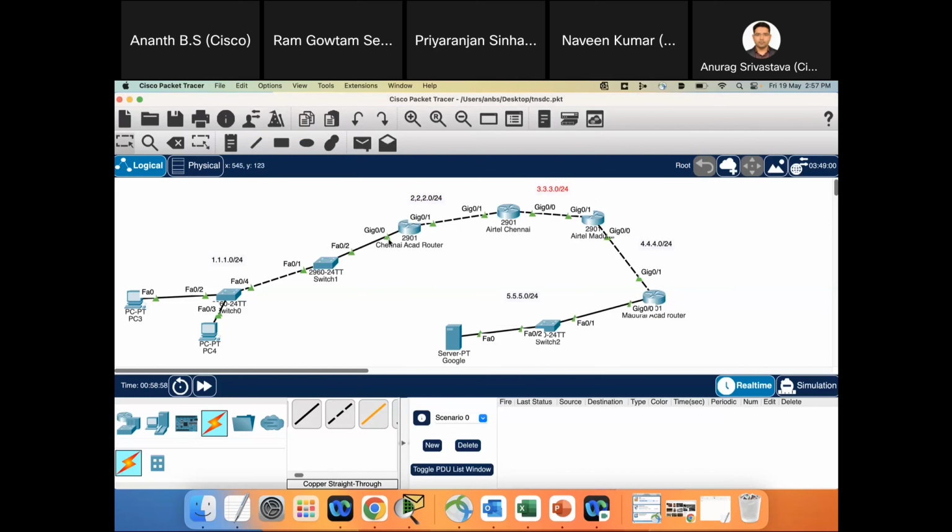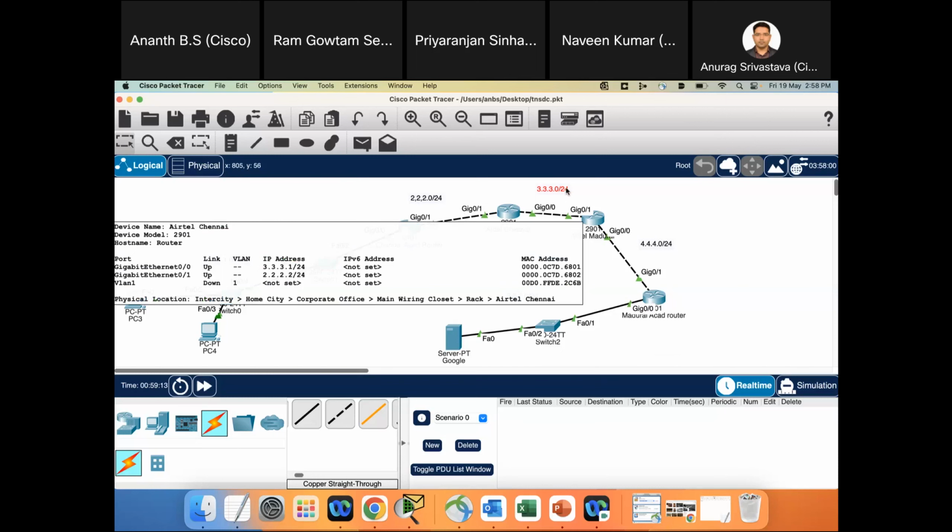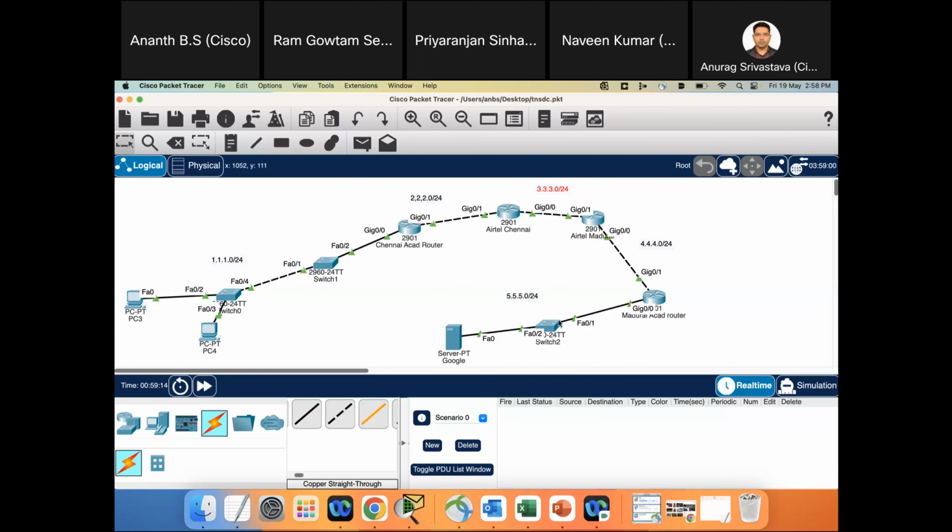So what Chennai ACAD router will do is, using that protocol, Routing Information Protocol, it will say that I am connected to this 1.0 network, and Airtel Chennai, since we are connecting through the same protocol, it will get information about this network. Airtel Chennai will advertise that it is connected to 3 network, 4 network, 5 network, and it will send it to Chennai router. So ultimately, all the